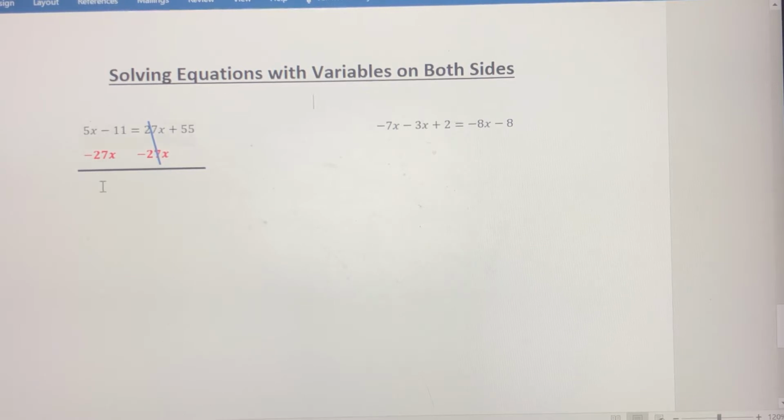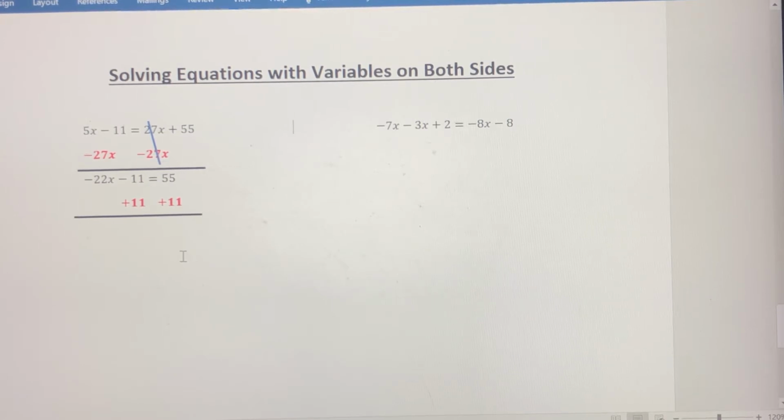So what that gives me on the left side now, I've got 5x minus 27x, which is negative 22x. I'm going to bring down the negative 11, and I'm going to bring down the 55. So now that makes it a two-step equation that I have to solve. So using inverse operations, I'm going to add 11 to both sides first,